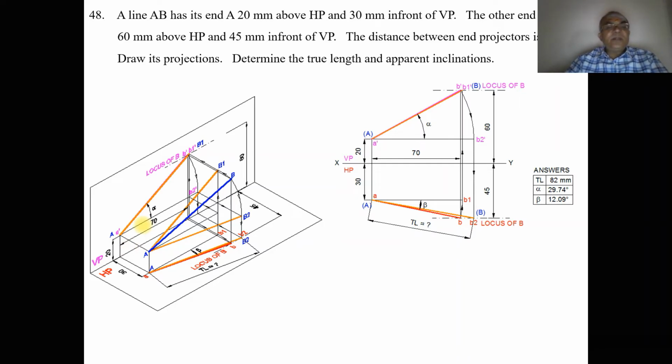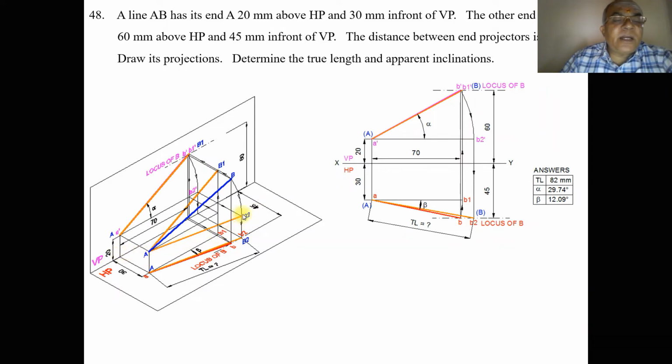So this is how you will be able to find the true length in the vertical plane. Now we need to find the true length in the horizontal plane. To find it, we now need to take the front view. When you are projecting this, B dash is going to lie on the locus of B, so you join A dash B dash. With A as center, taking the radius of capital AB, which is in space, make B also above HP by 20 mm. So rotate that B with the A center till B becomes above HP by 20 mm. Then you are going to get capital AB2.